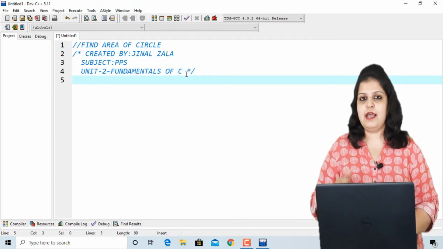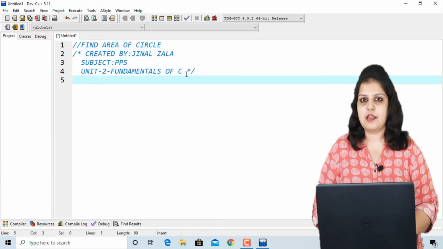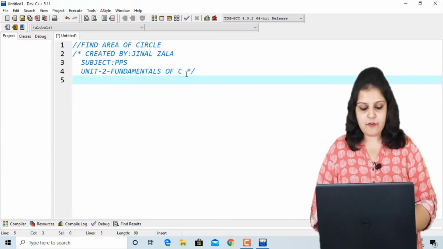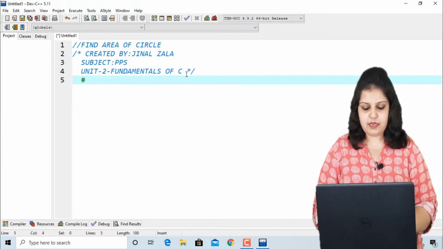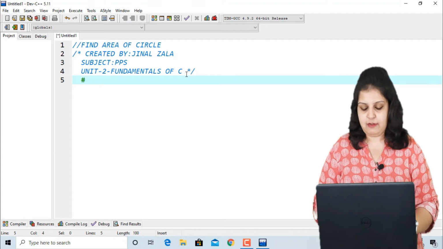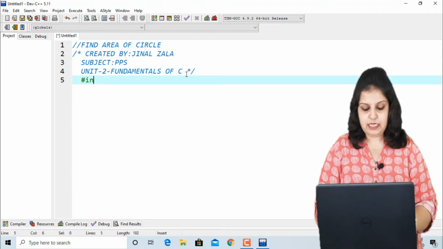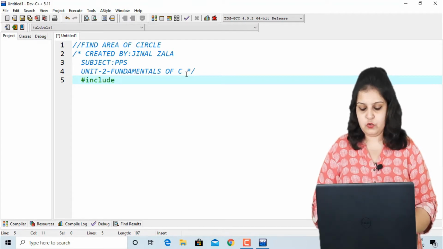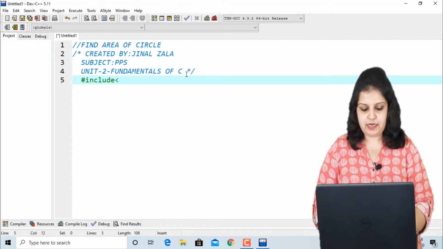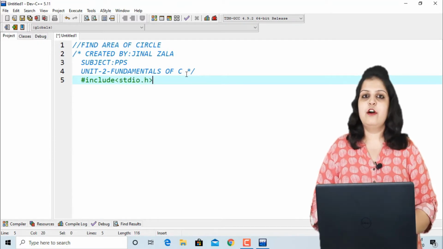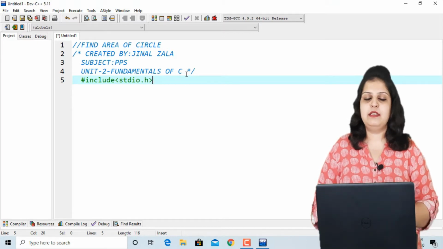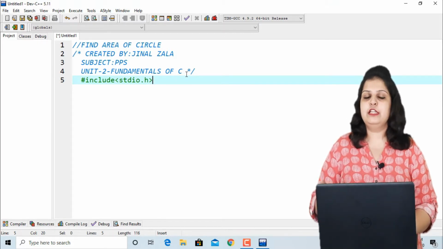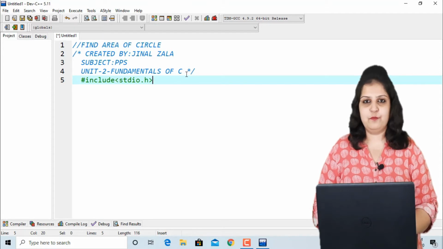Now move to the next section, that is the link section, and how we can write it is, hash include. Remember it is a case sensitive language, so we have to write in small letters hash include, then in brackets include our library, that is stdio.h, and this is a primary library because we are going to use different input and output functions.